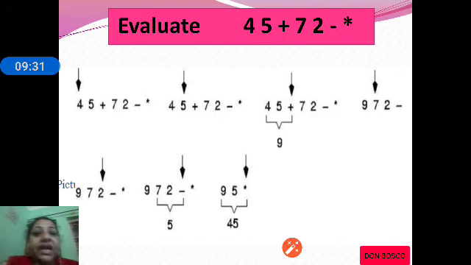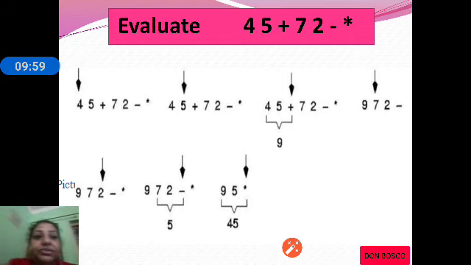Then we continue scanning: 9, 7, 2 and a minus. When the next scanned symbol is minus, we take the previous two operands, that is 7 and 2, and perform the indicated operation, that is minus. 7 minus 2 is 5.